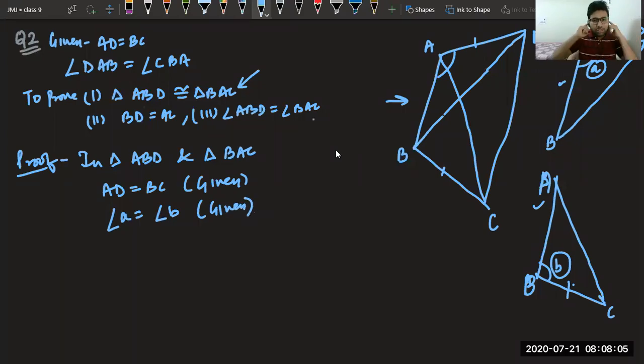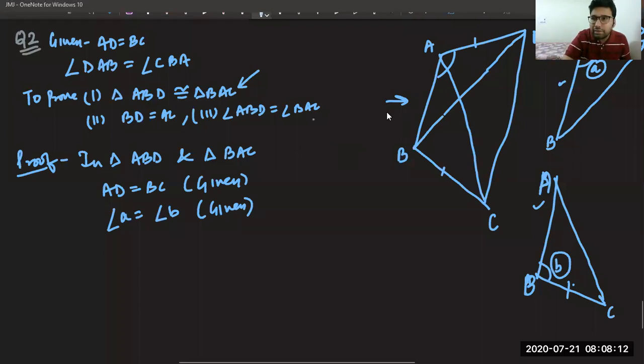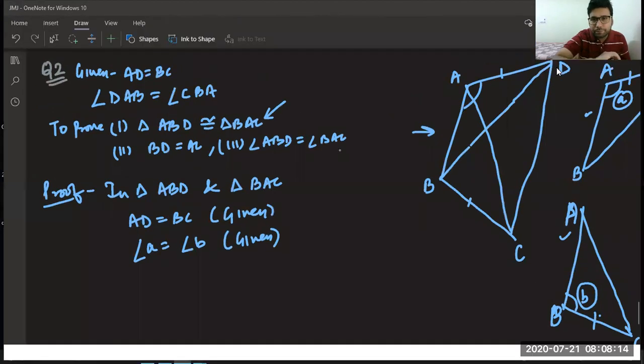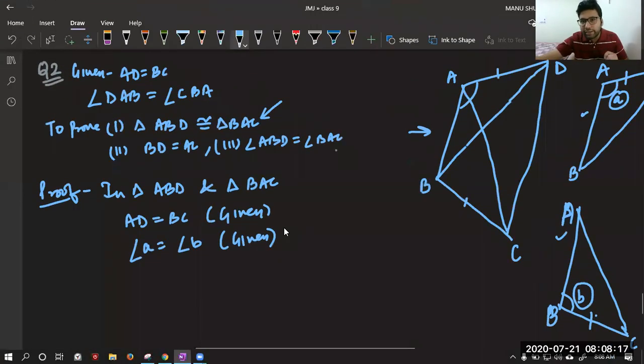Now, all of you, please tell me what should be the third thing. First, tell me the third thing. Yes, Bhavya correct, Yuvika correct, Utkarsh correct, Mishti correct. So all of you can see when the figures were combined, it was very tough for us to see this thing. But when we detach the figure, very good, Abhishek. So when we detach the triangles and draw them separately, it is very easy to understand that we have a common side.